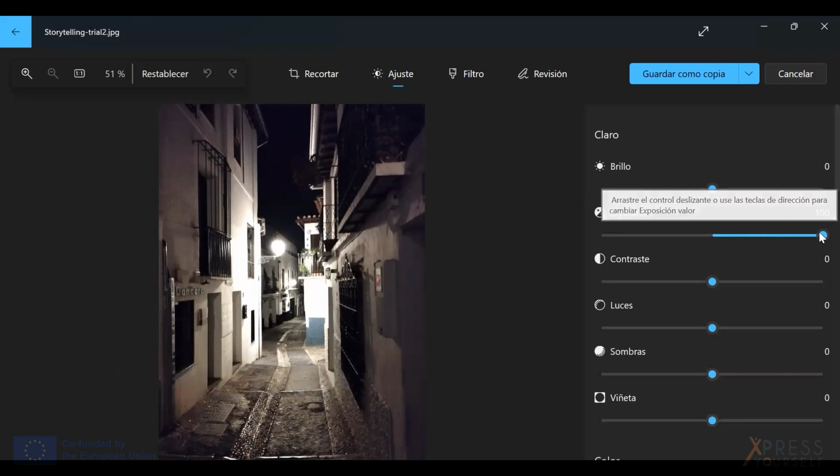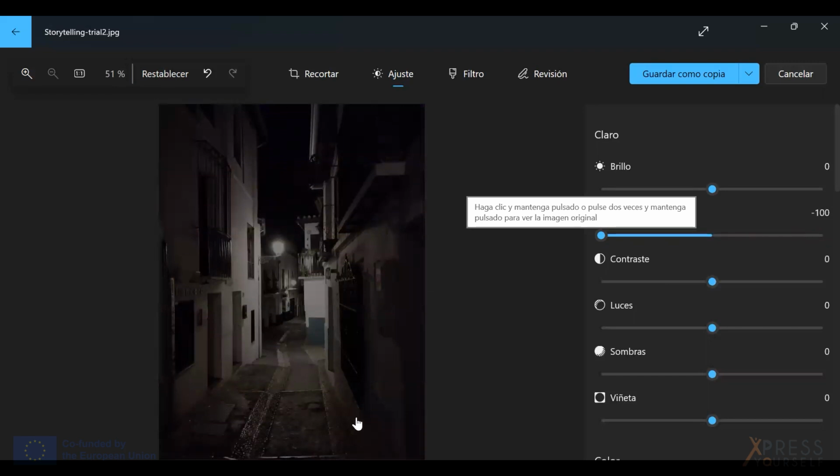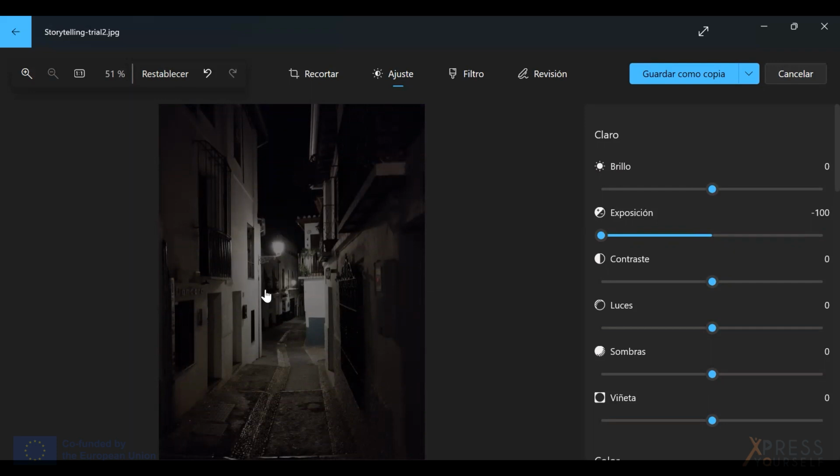And then if I do the opposite, you see here that what I am doing is making the darker parts darker. So the darker parts are bigger and the darkness is deeper. So you see darkness come here and you can see less of the picture.